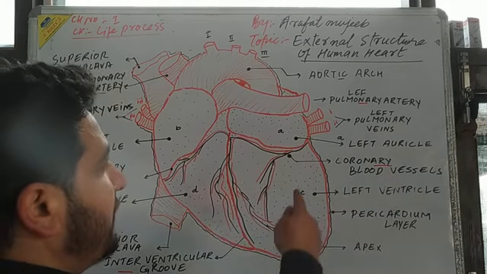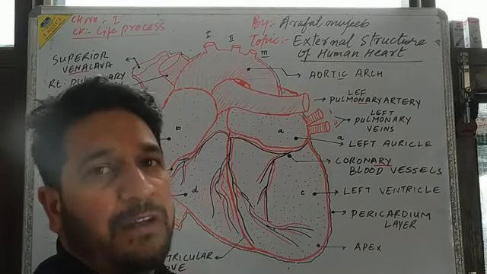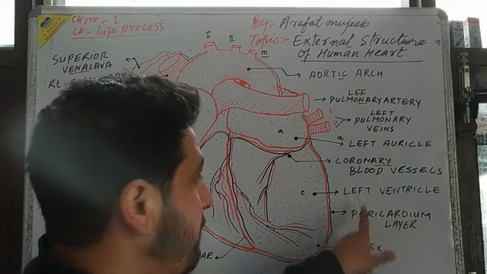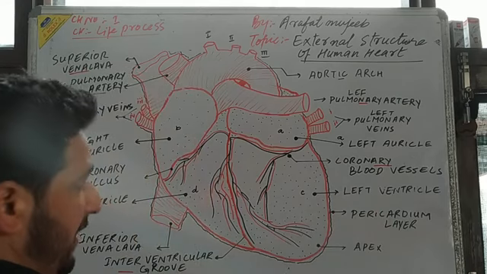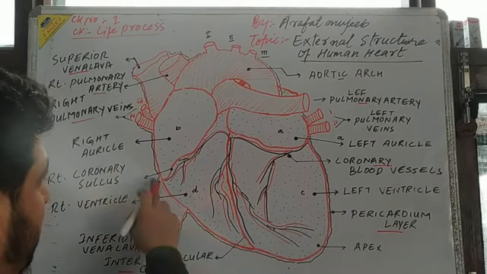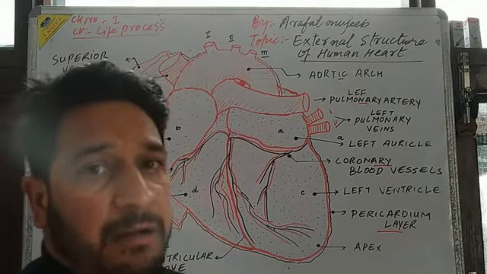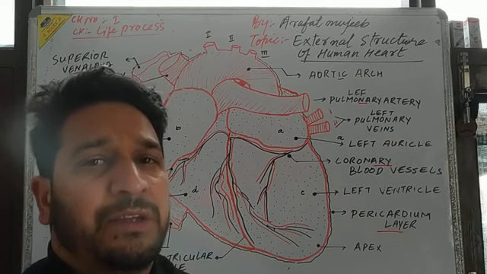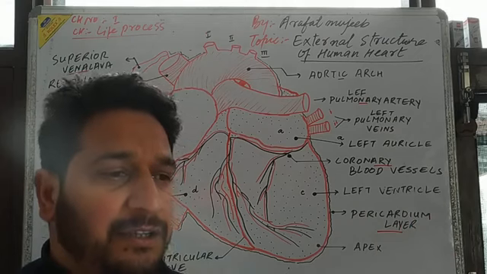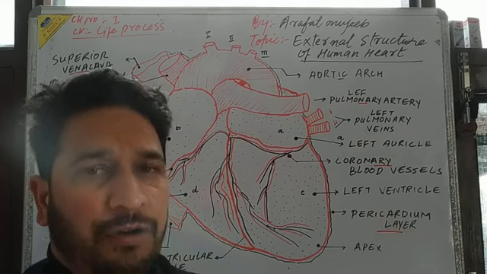And I also have to say that the heart is covered by a tough elastic fibrous layer that is known as the pericardium. I have shown the pericardium in black here. This pericardium layer is in black color. It surrounds the blood vessels as well. Just as we have a document and we laminate it so that it is protected from mechanical injuries, the certificate or document is saved and lasts lifelong without being destroyed,